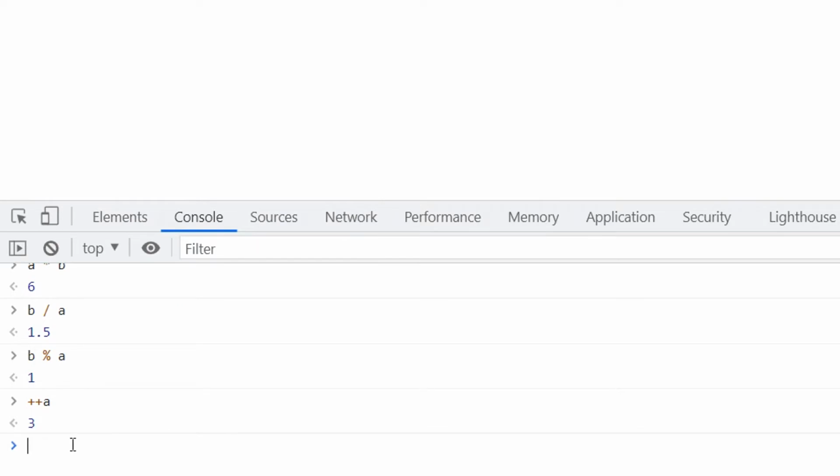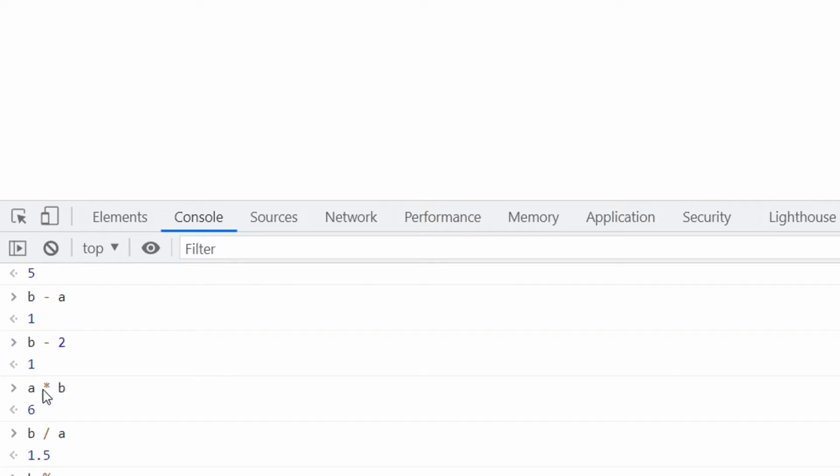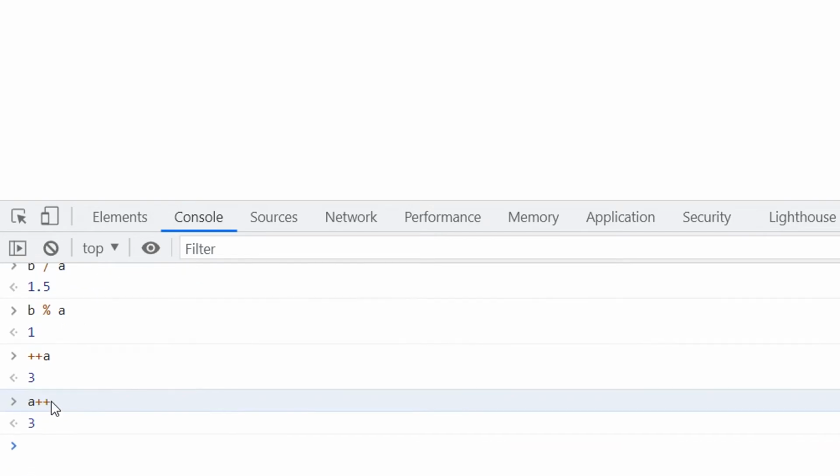We also have post-increment that does the same thing. So what is the difference between plus plus A and A plus plus? The difference is that this one first increments A and returns its value, and addition or some other operation would be done on this incremented value. But in this case, the value is first returned, that is A's initial value, 2, and then the increment is done. This is the difference between post-increment and pre-increment operations.